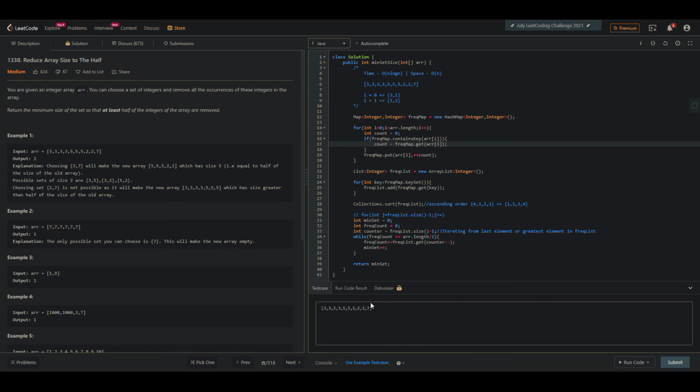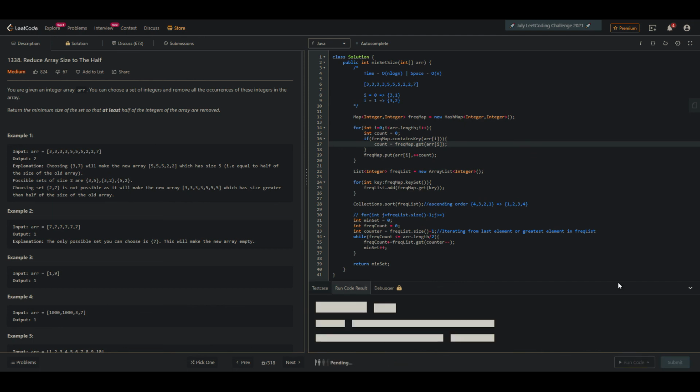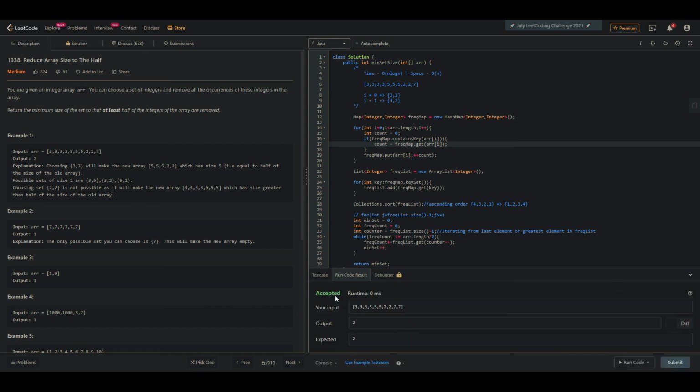Let us tweak the test case in some way to see how it works. I'll make this 3, I'll make this 3 and I'll make this 7, and let's see what comes. It is working.